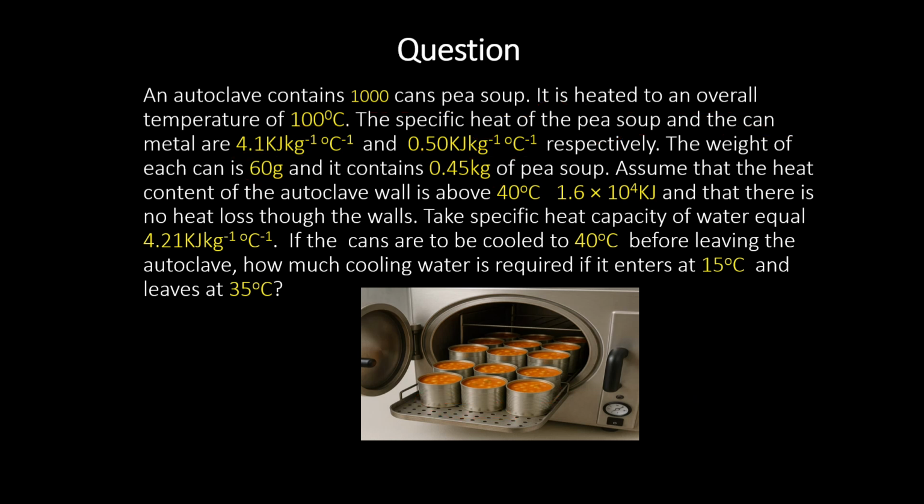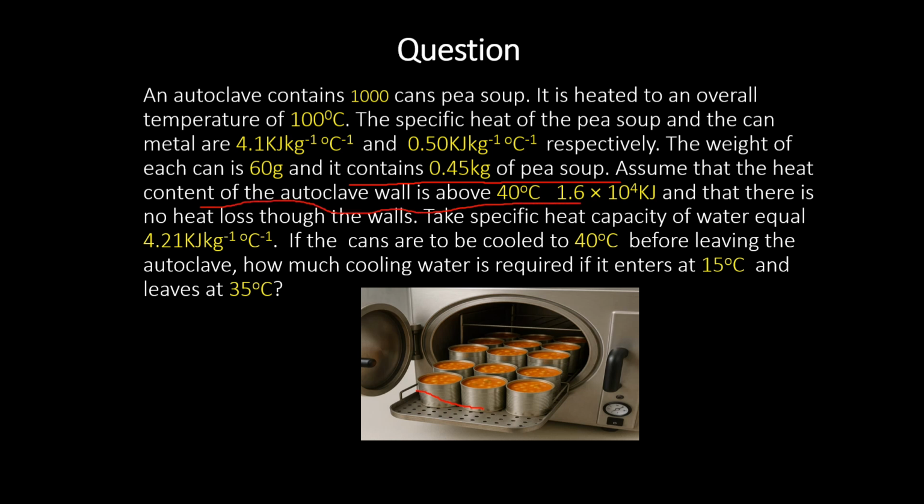Okay. We are also told that the cans contain 0.45 kilogram of pea soup. That is, each can has its own weight of 60 grams, which of course we need to convert to kilogram, and each can contains, we're told, 0.45 kilogram of pea soup. Okay, assume the heat content of the autoclave wall